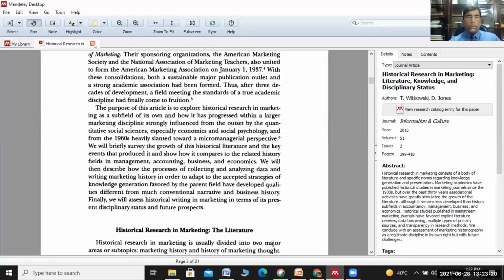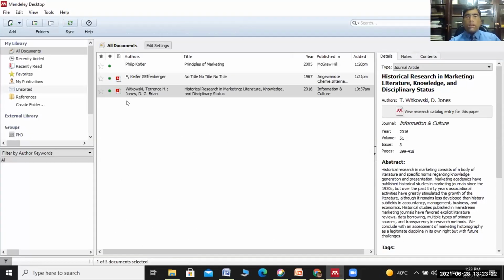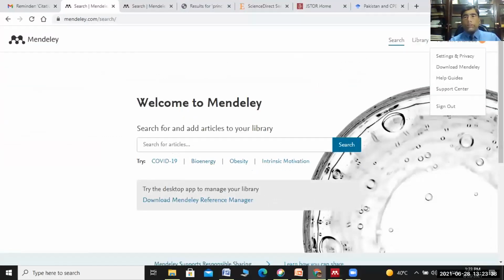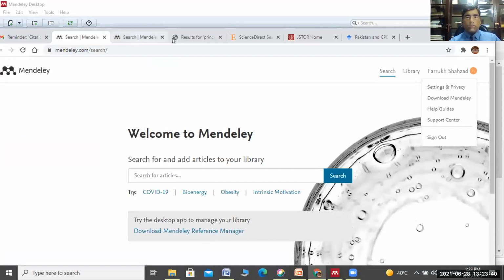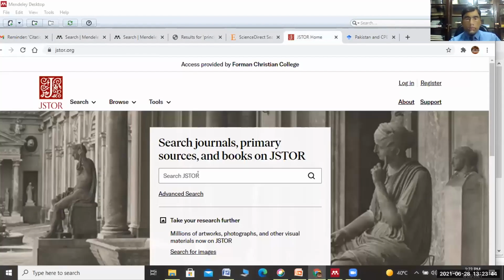So I'll close this PDF and I'll go back to this Mendeley. So this was one way you can add citations, by directly importing files. You can directly import citation files as well from various sources. Like if you're working on JSTOR, and if you're using an article from JSTOR, I'll go to JSTOR, like,